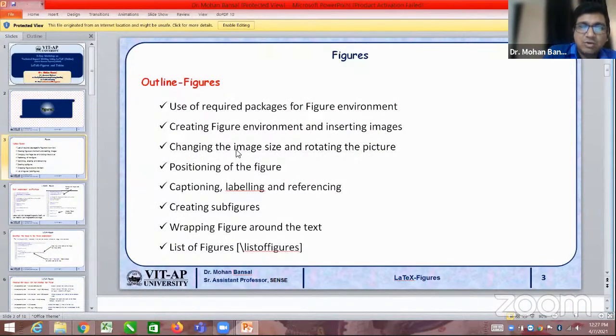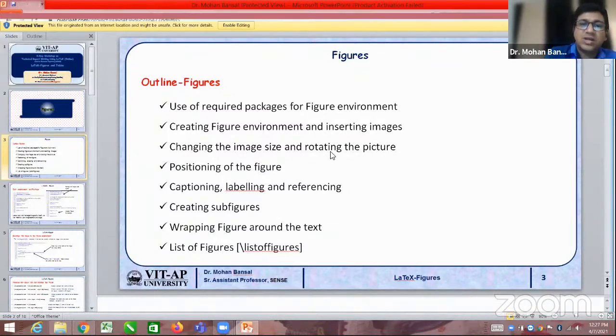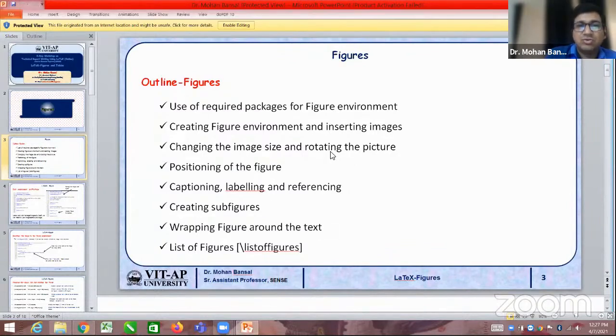After that, we have seen how to resize the image and how to rotate the picture. We can rotate the picture by using angle equal to whatever angle you want, like angle equal to 90, 60, minus 90, minus 45, anything. Positioning of the figure: place the figure at top, bottom, here, or end of the page, that we have seen.